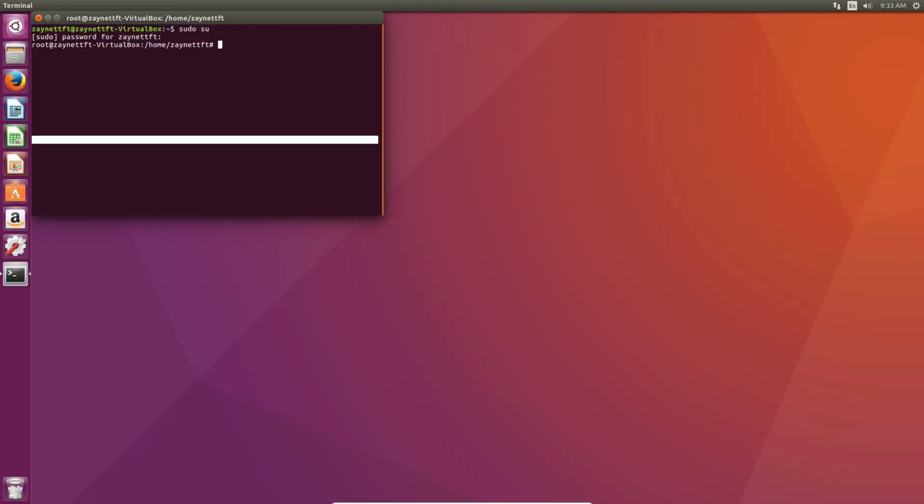Once you have that, you're going to type in usermod -a -G vboxsf, and then the username that you want to be added into the vboxsf user group. Mine is zaynettft, and then hit enter. Now what you have to do is hit exit, and we have to reboot our machine